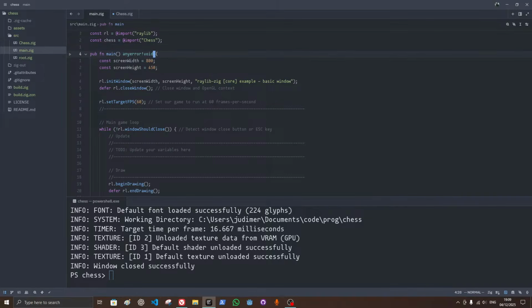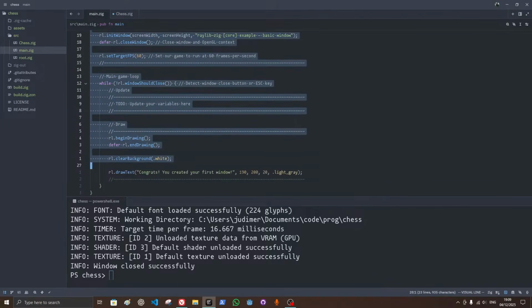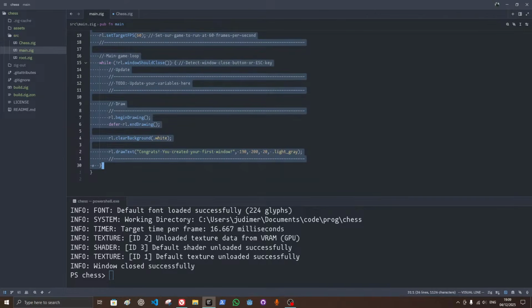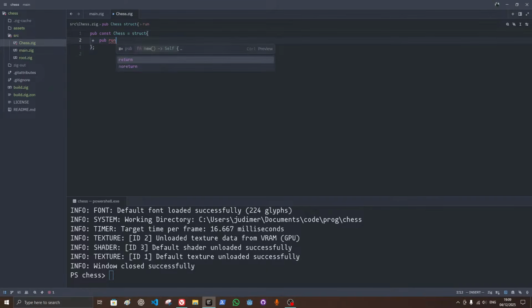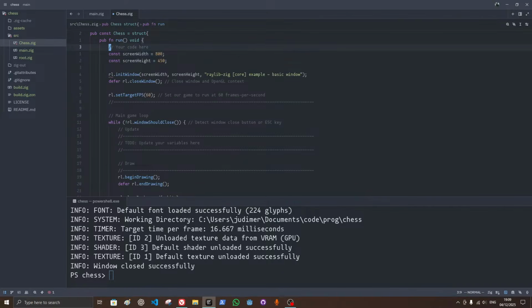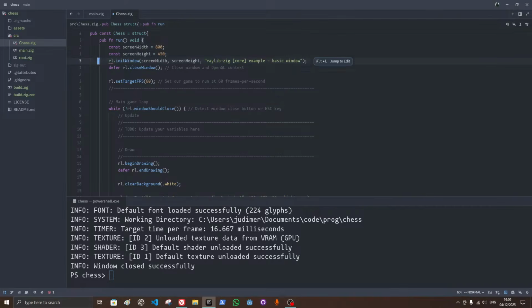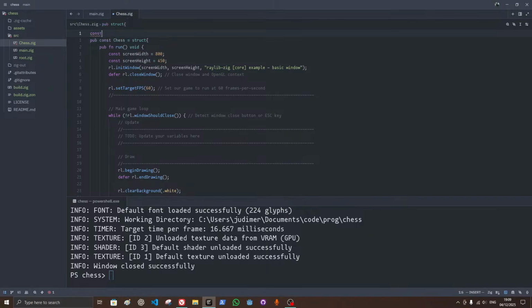now I think I'm gonna move all of this Raylib stuff inside the chess thing. Okay, here I'm gonna make a function run and then put all the code here. Okay. First RL is import Raylib,